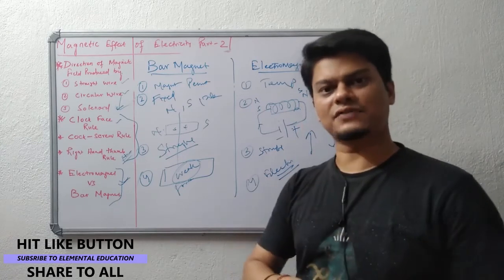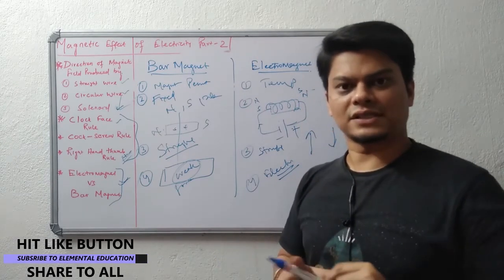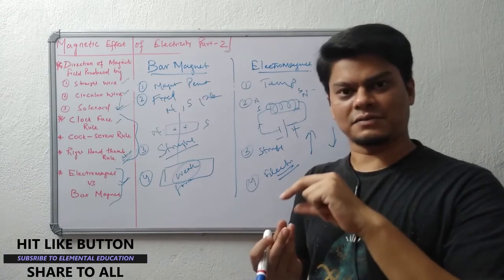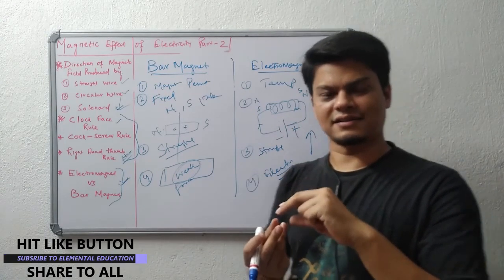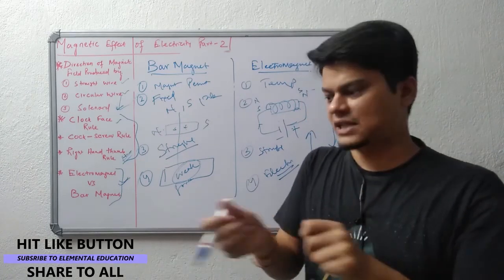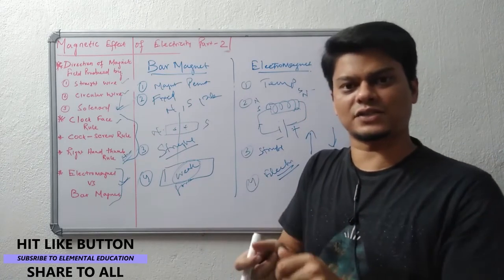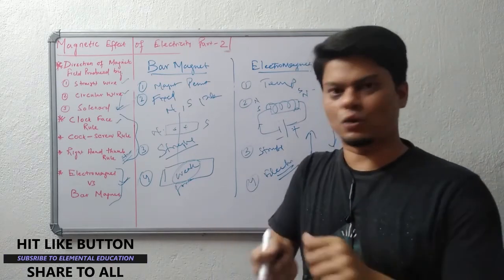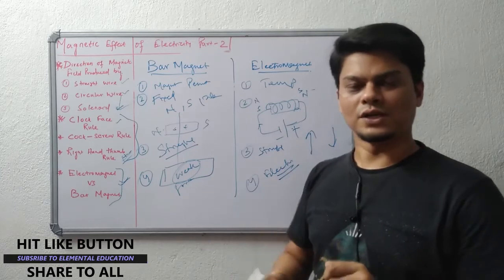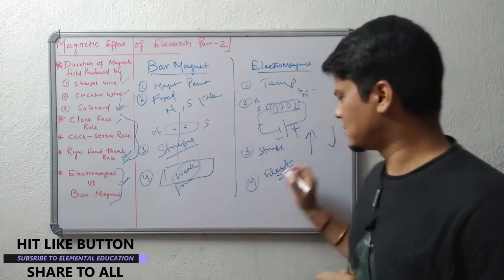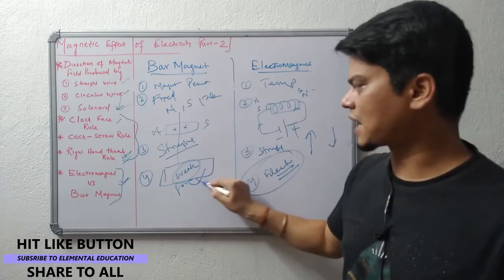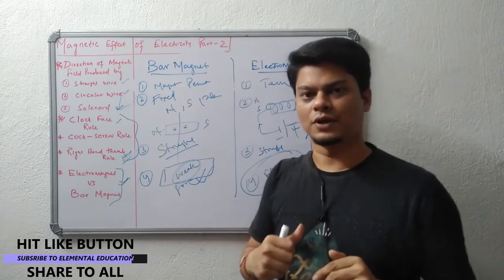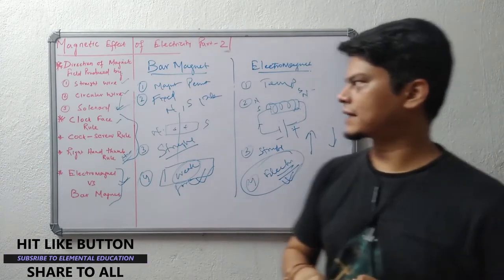And moreover, you might have seen when you are purchasing some dress material, right, there is some security chip embedded in our dress. So to pull it out, the billing guys will be using some electromagnet. It is a very high power electromagnet. The strength is very high. If you pull it with your hand, it won't come out. The pin won't come out. So there the application is an electromagnet application. We cannot use a bar magnet to pull that pin. Even though the bar magnet will attract, it won't pull it out. So the strength will be higher in the electromagnet.